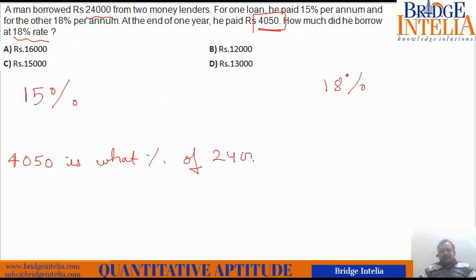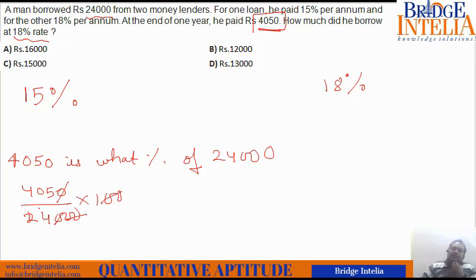So let's see this first. 2 zeros cancelled here, 1 zero cancels here. So 405 by 24. Still they are cancelable by 3. Both are multiples of 3. So this 8 times, so 135 times. So 135 by 8%, which is equal to